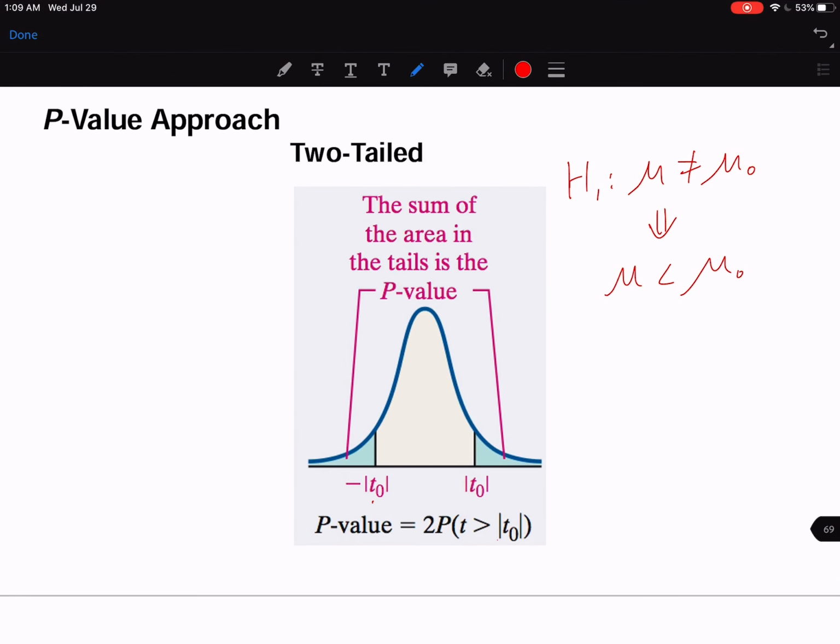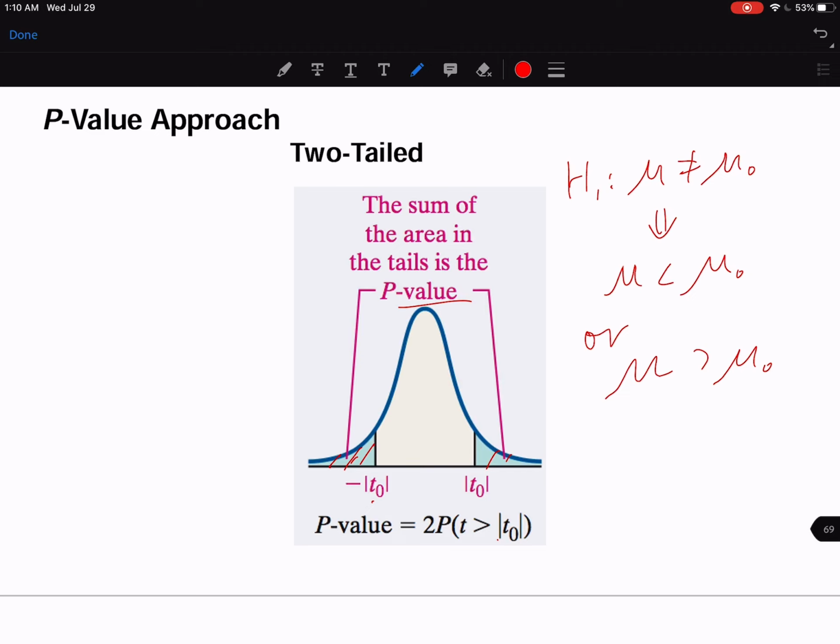Mu is less than mu sub 0, or mu is greater than mu sub 0. It could be on the left hand side of mu sub 0, or it could be on the right hand side of mu sub 0, and that's why we had those two tails over here. That's why the sum of the area in the two tails is equal to the p-value. And we know that the t-curve is symmetric as well, so the area of those two tails